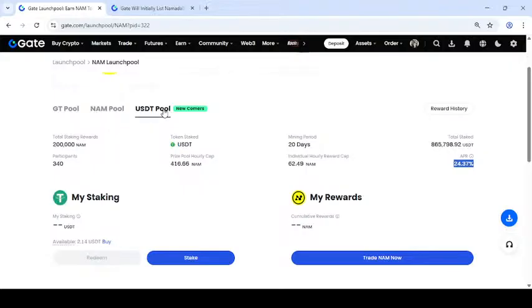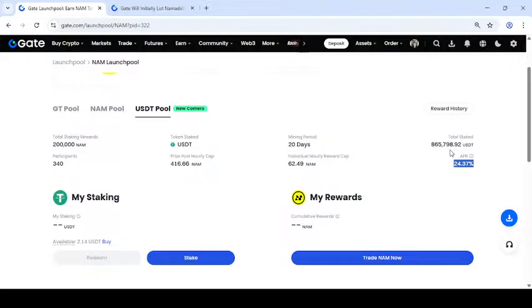Use digital the total staking rewards in staking rewards 2 crore name and total staked USDT mining period 20 days and total staked 8 lakhs 65,798.92 USDT participant and 45 full 166 name and individual's reward cap 6249 name 62.49 and APR 24.37%.